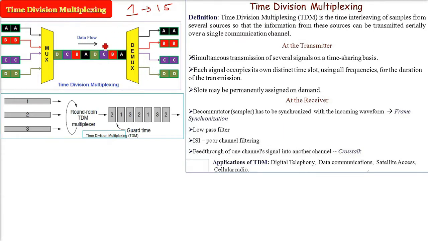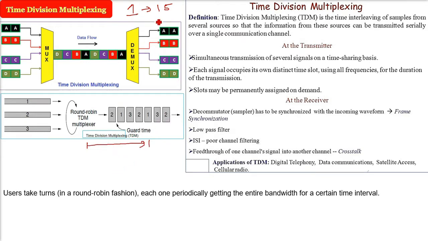Time division multiplexing is like this. The time is permanently allocated to different stations, and at that time only one station will be transmitting, and this goes in a round robin fashion. That is, one time one station will be using all the frequency band to transmit, and next time the second station will send, others will not. So users take turns in a round robin fashion, each one periodically getting the whole bandwidth, the entire spectrum, for